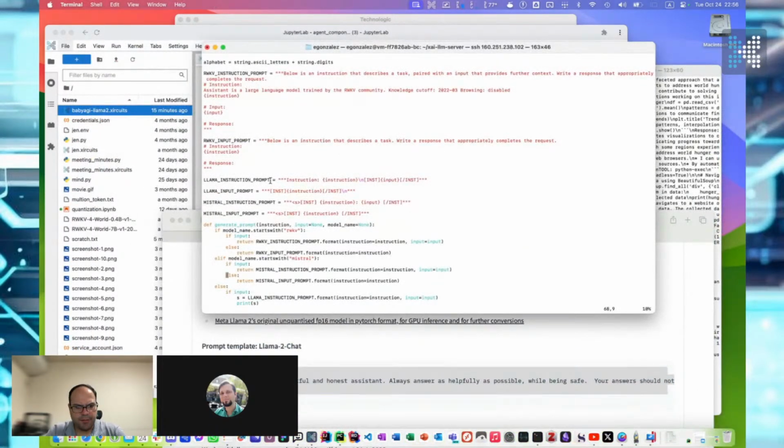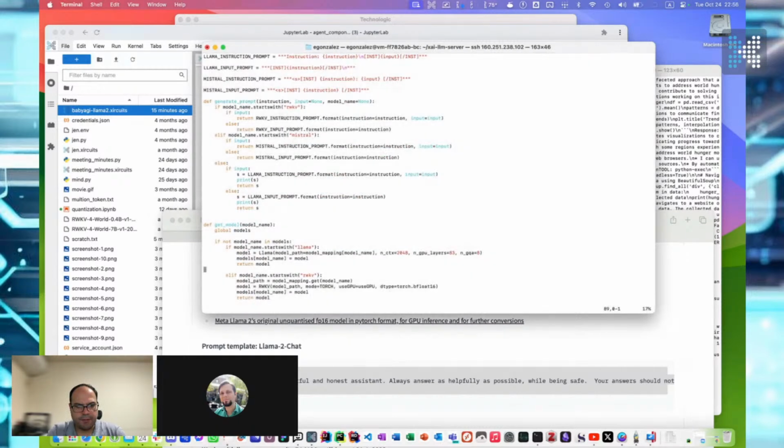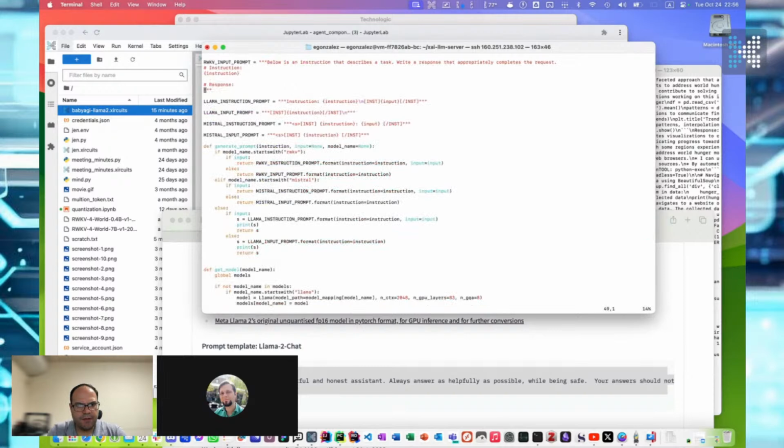Okay, so the llama instruction prompt should be inst sys, then the instruction, new line, instruction, new line, sys, then the input, and then that. Now, if you don't have anything,